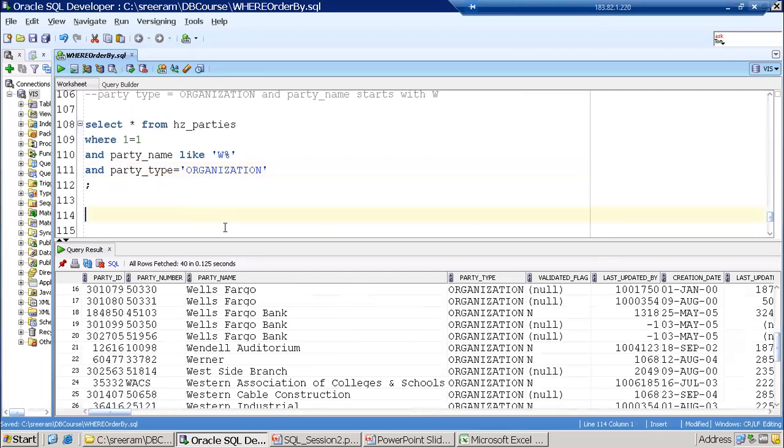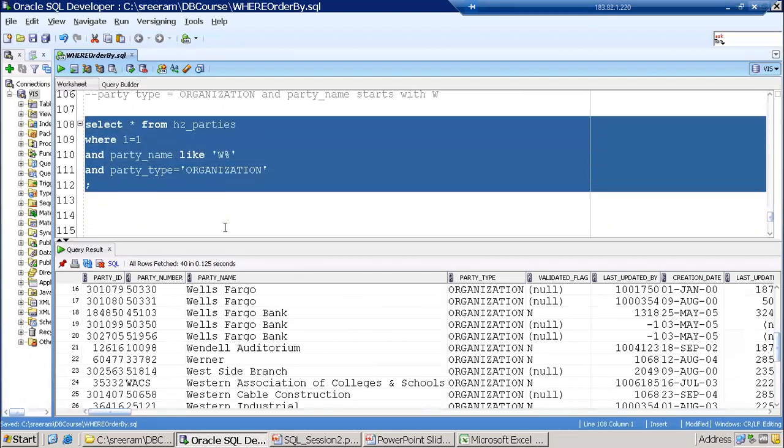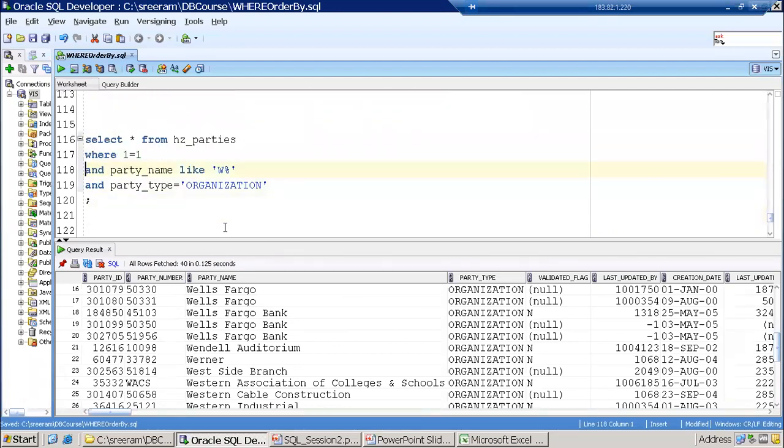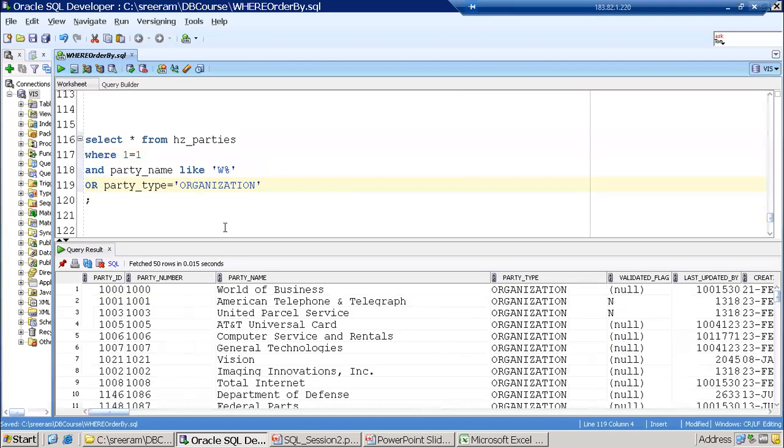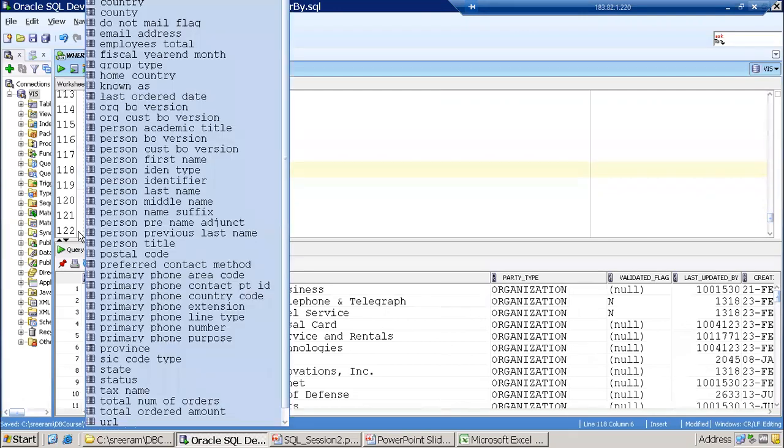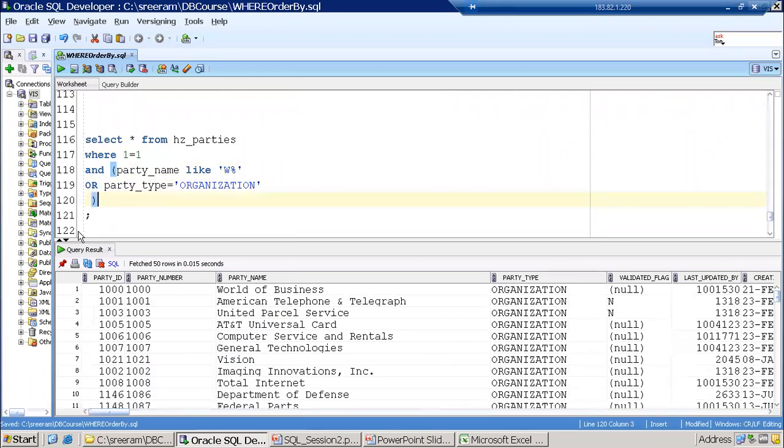Okay. Now instead of and, if I apply or, what will happen? So here instead of and, I'll apply or. See what will happen. So party name we mentioned W. Now here you will have a kind of confusion when you have an and or combination. The best thing is to use parentheses for your understanding. So after and, I'll apply a parenthesis to understand where exactly this particular logic is applying. For and or, you always require two conditions, right? This is the logical operator which requires two conditions.